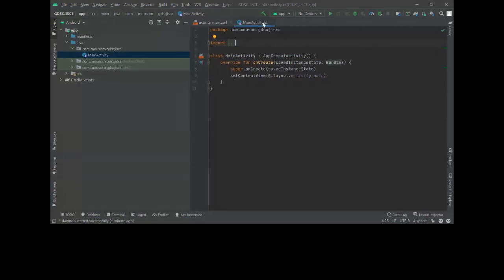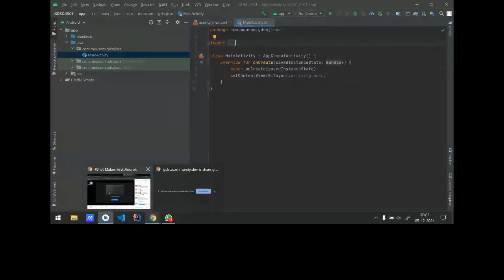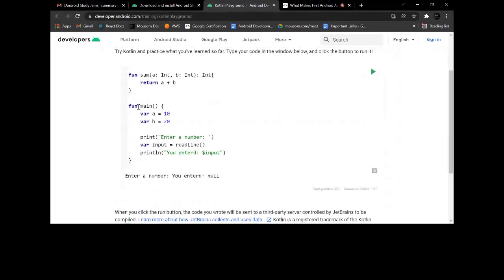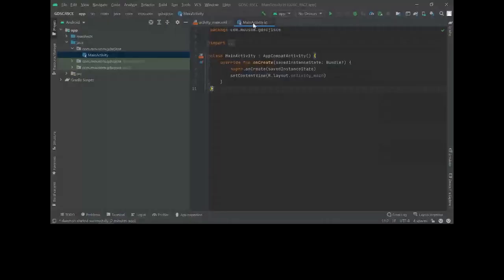In the previous example, as I showed you in the Kotlin playground, there is a main function, and as I told you, the program will execute from the main function first. This is the initial point, the main point where the program starts. Here also in Android Studio, the file name is main activity.